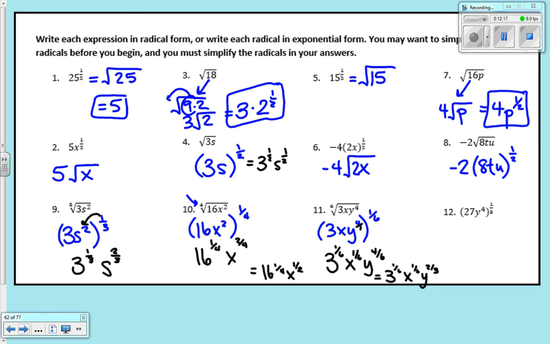Last one, all of this is inside of the 1/3, so I've got 27 y to the 4th underneath a cube root. Okay. Now again, if that was blowing your mind, do not stress. I care way more about the table that we did before this. Okay. However,